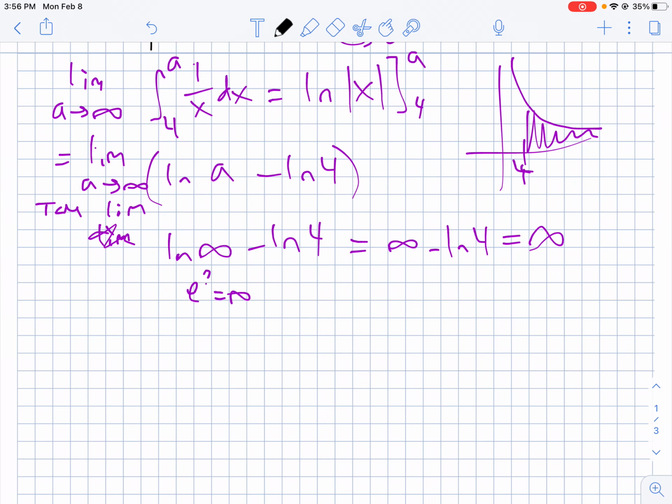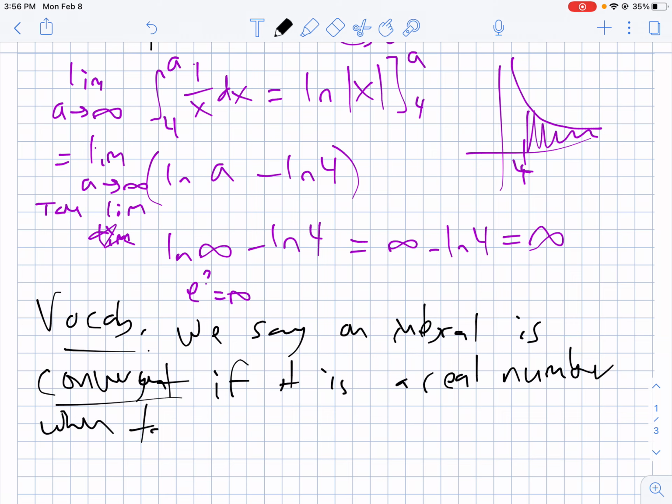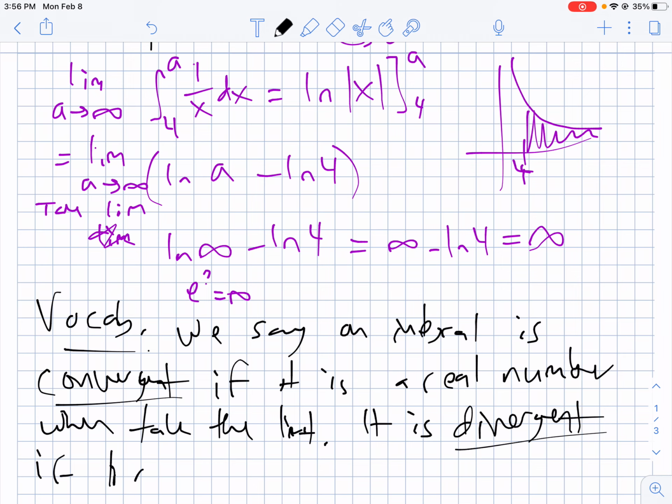Okay, so let's talk about some vocabulary. Just some vocab terms that we're going to be using quite a bit over the next couple days. We say an integral is convergent if the limit, or the value, is a real number when you take the limit. It is divergent, like Shailene Woodley, if that limit does not exist or is plus or minus